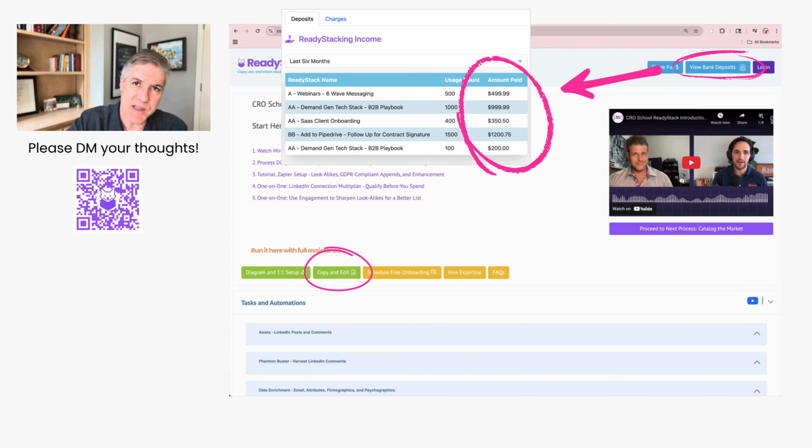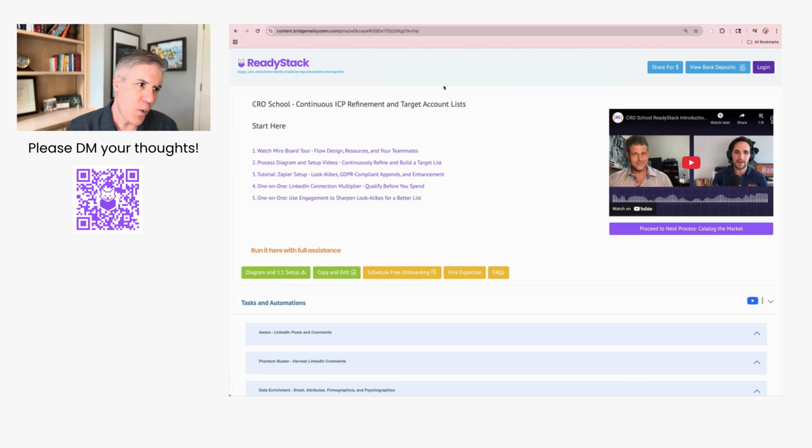And if the person ends up making a copy of the ReadyStack and running it, 40% of the income is theirs for life. So yes, it's a very generous offer, but I'm really happy to pay for that because we're after something really special here, which is to finally bring about change in how teams like us go to market and having it be more wholesome and healthy and much more oriented toward education and what works.